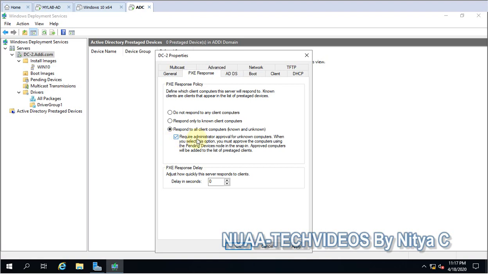So let me configure this. This requires a password, and without the password the computer installation will not start. And if you want to give any delay, you can select the time. So I will give it 5 seconds. Okay.